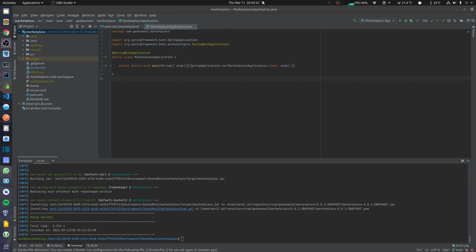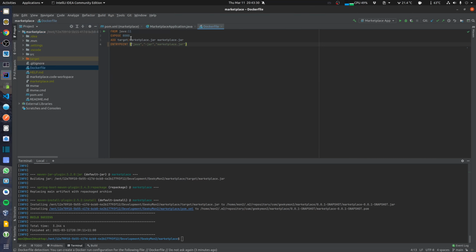Now we will look at running our Spring Boot application in a Docker container. So the first thing that I have done is gone in and created a Docker file. What we basically mention here is from Java 11, which means it needs to run on Java 11, exposing port 8080. And we are adding a jar. So basically what we are doing is we are picking up the jar from target, and our jar name is marketplace.jar. And we are keeping the name as marketplace.jar in our Docker container. And then we have an entry point, which basically just says that we need to run java -jar and then the name of the jar file. So this is our Docker file.